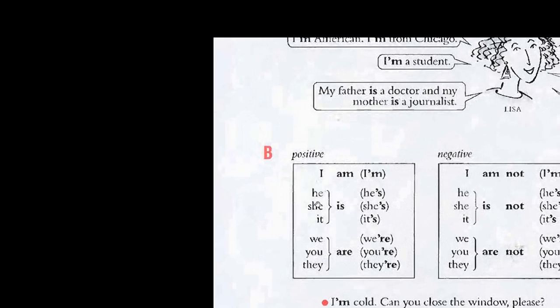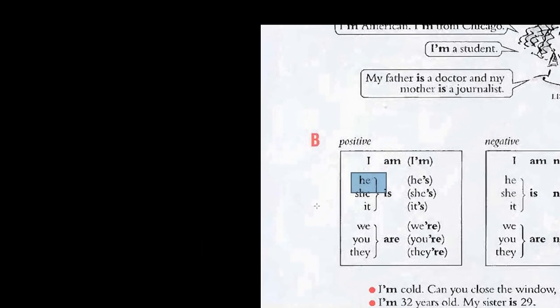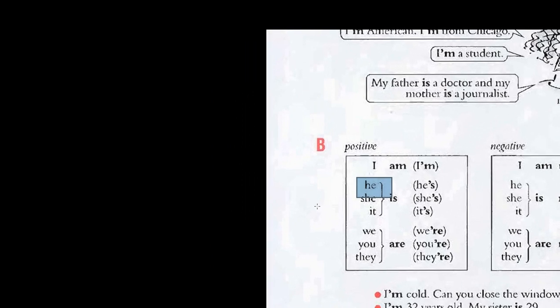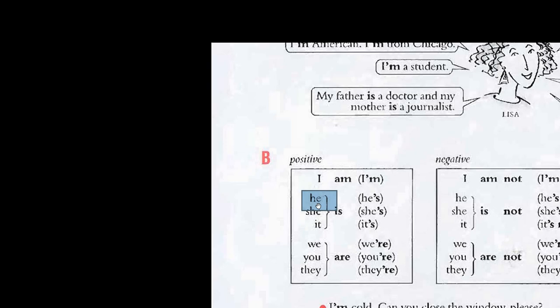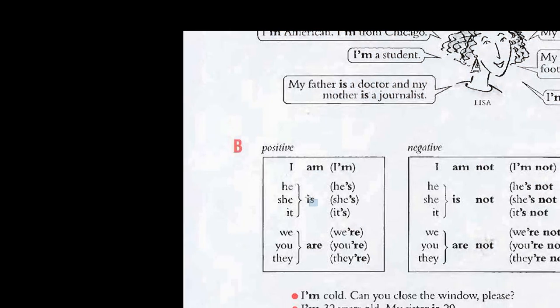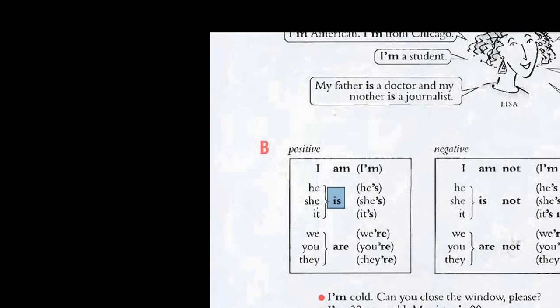So, as you already know, we have the personal pronoun he that is used for singular male, yes? Masculine, and he will always work with a verb to be in its form is, as well as she, that is a personal pronoun and a third person, yes, for singular female. Yes, this is a feminine personal pronoun. Okay, let's go now with this